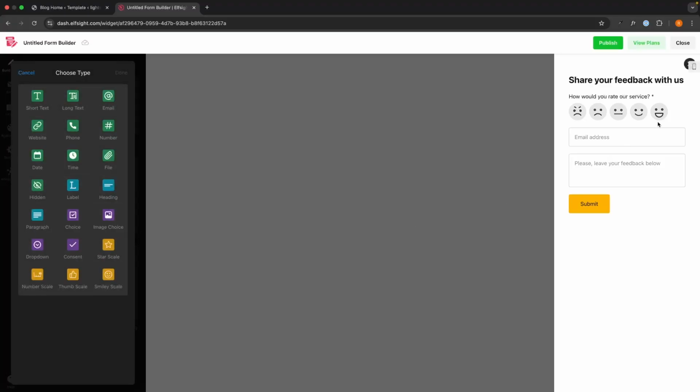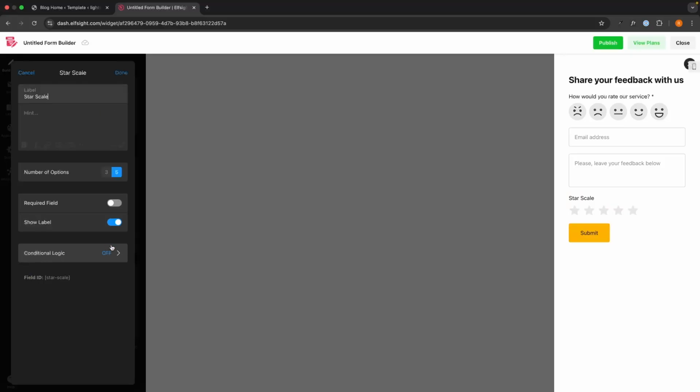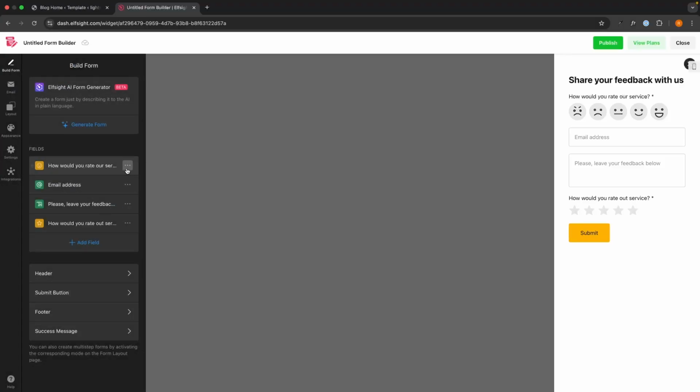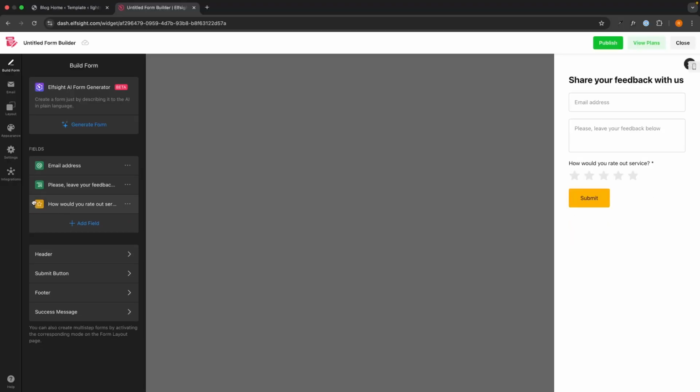So this right here is a smiley field, but I might want to add a star scale instead. So we can drop this in. And once again, I'm going to say, how would you rate our service? Just like this. I'm going to make this a required field. And now that is done. So I'm going to go to this top one and I'm now going to delete this. And then I can click and drag this to the top. And now this is a star scale at the top,